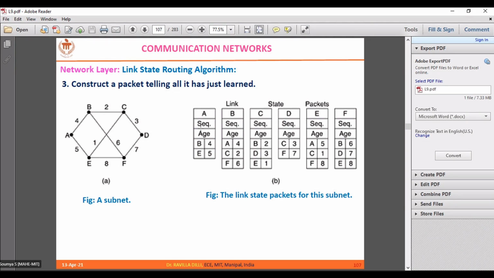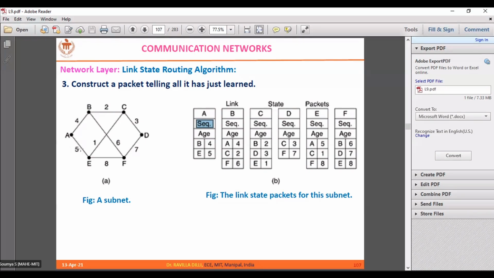When you're updating periodically, you should know which is the latest information, isn't it? You must know which is the latest information. So for the router to understand which is the latest information, it is going to make use of this sequence number. You see A has got two neighbors, B and E, and the distance to B is 4, the distance to E is